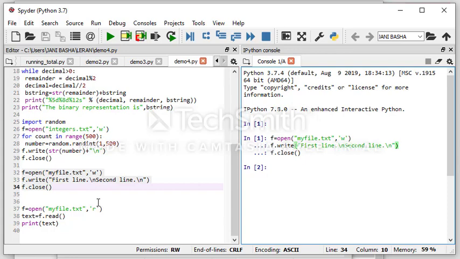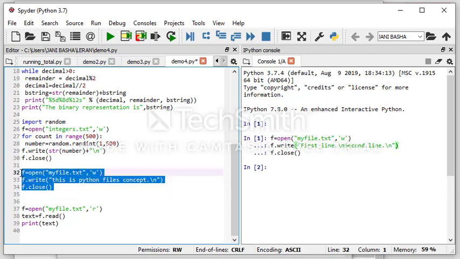Now if you want to modify this, I'll modify it in exactly the same place. What I have written is: this is Python files concept. Now I have modified it and I'll execute the same thing again.